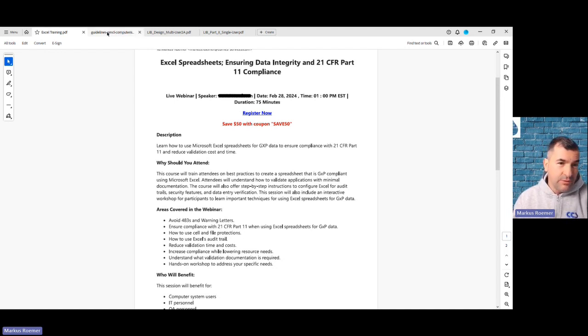If you need to validate Excel sheets, and you will find some of them, there are 3 magic things in it. Number 1 is that you have an inventory list of all the Excel sheets that you use in your company and why you are using that, for what you are using that, for an analysis, for a calculation. Does it have direct GMP impact on whatever other results used for quality decision-making processes and so on? Number 1,